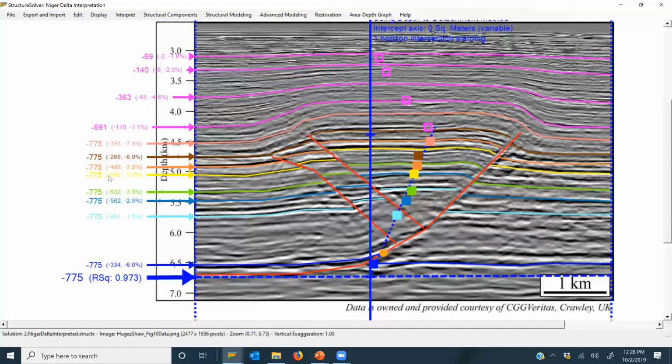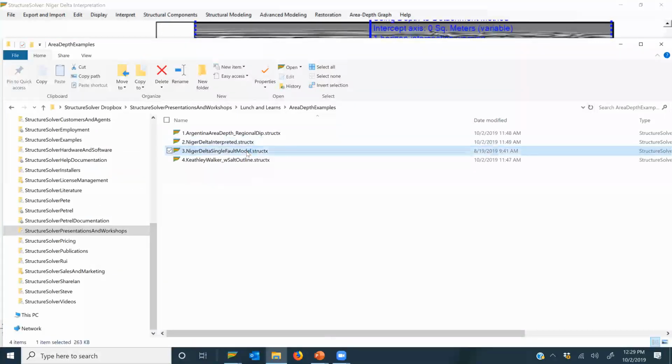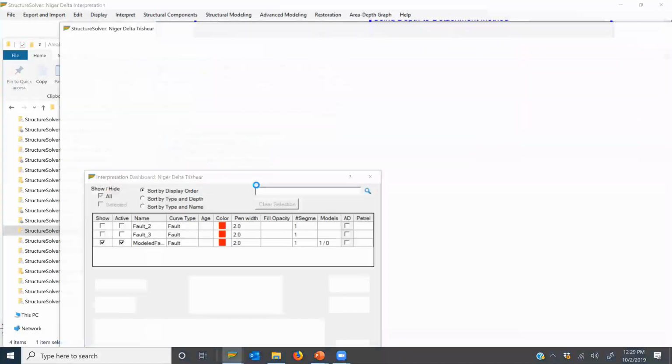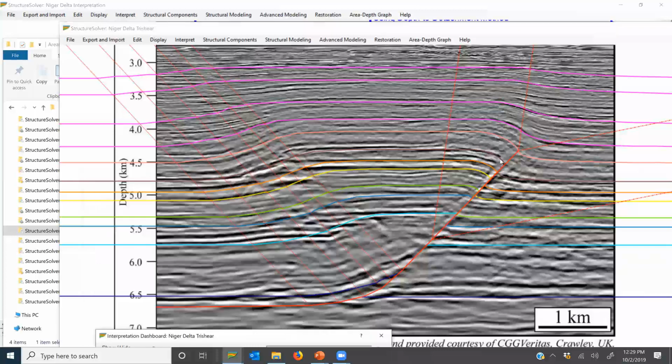And just in terms of bringing this full circle back to looking at the forward model, our estimated displacement from these fold areas, and again, this was interpreted by hand, gives us about 775 meters of displacement. The area depth method is entirely complementary to structural forward modeling. So this is the same structure, same seismic section, and in this case, we've created a very simple structural forward